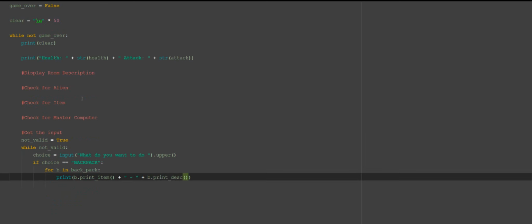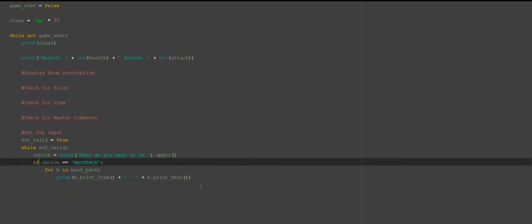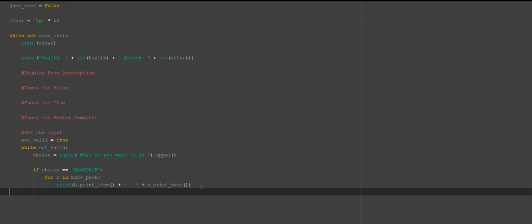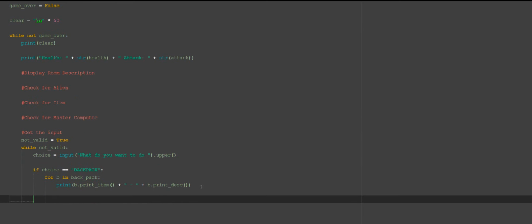we can actually call the methods we had in the item class to print out the stuff, and that will return a string which we will then print onto the screen like so. So if the choice is equal to backpack, we're going to display the contents of the backpack. Okay, if the choice is pickup, if choice equals pickup,